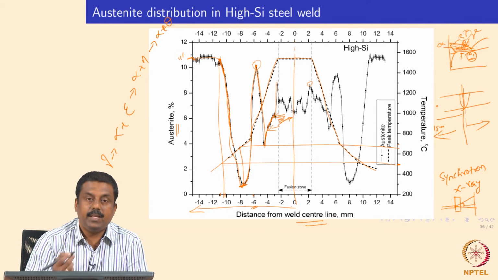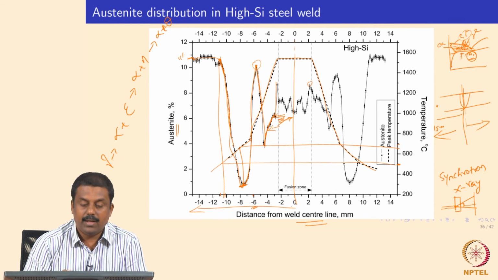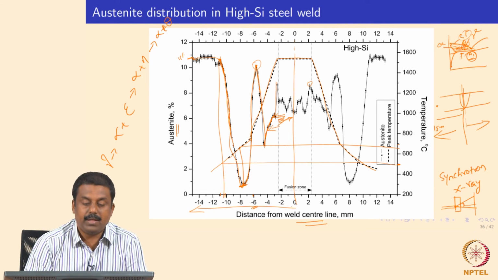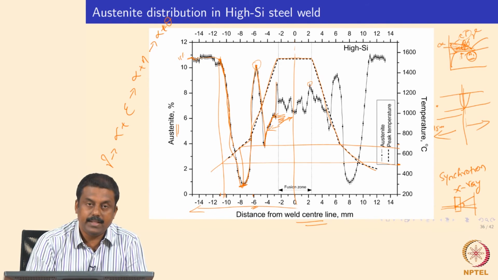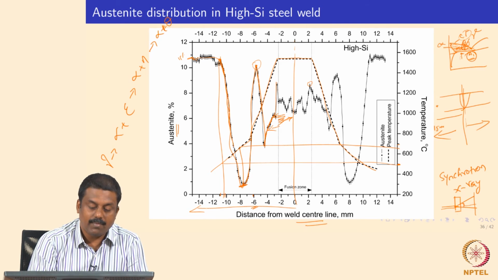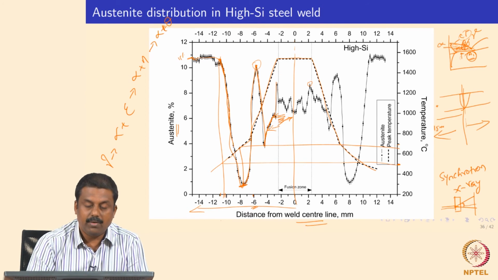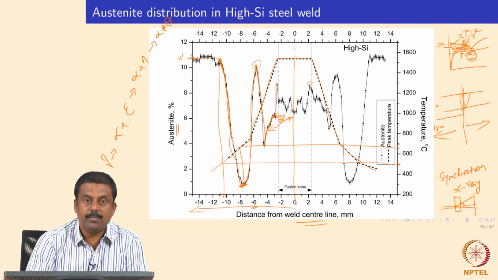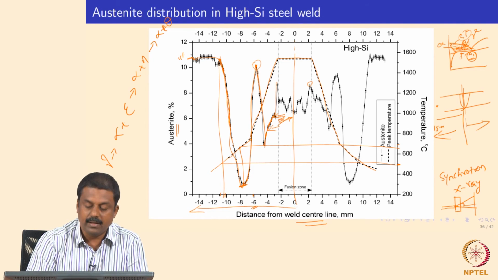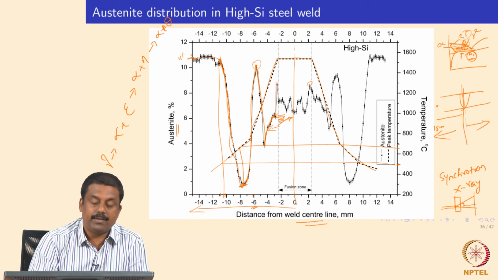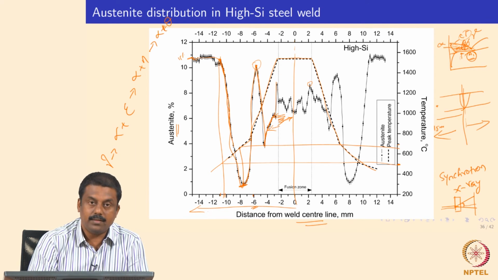So, when you can measure the effect of peak temperature in the microstructure, if any noticeable effect is seen, then that is the heat affected zone. Now, we already see a noticeable effect until, in this case, around 11 to 12 mm from the weld centerline. That means we enlarge the heat affected zone to much larger distances compared to ferritic pearlitic steel.